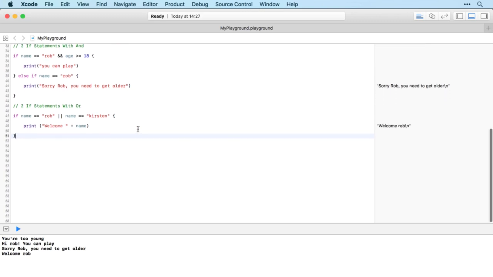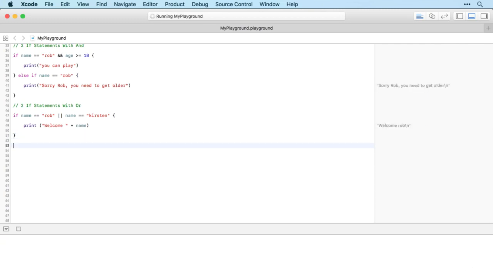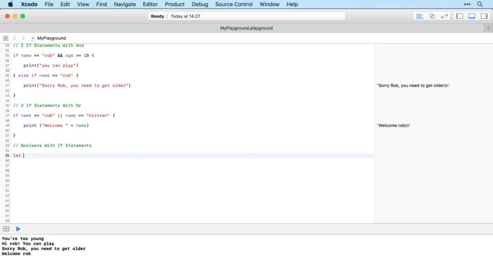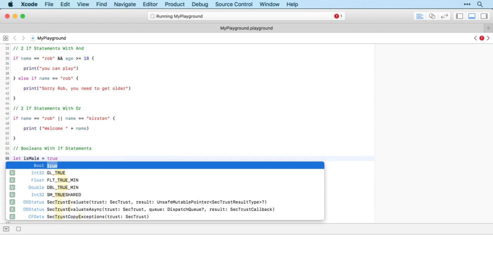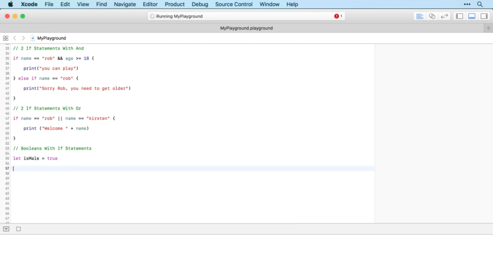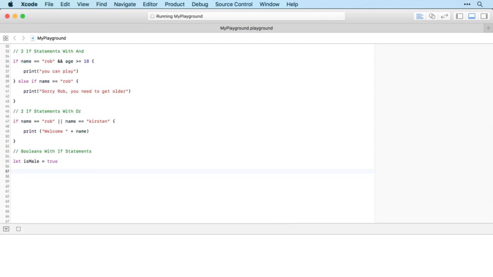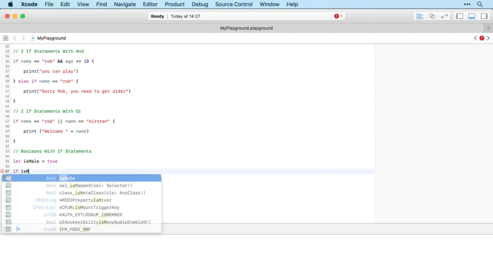All right, just one more thing to show you, and that is how we can use booleans with if statements. And they actually work really nicely. If, for example, we have a boolean called isMale, and we set that to be true, then we can use that directly in an if statement. So we can use if isMale